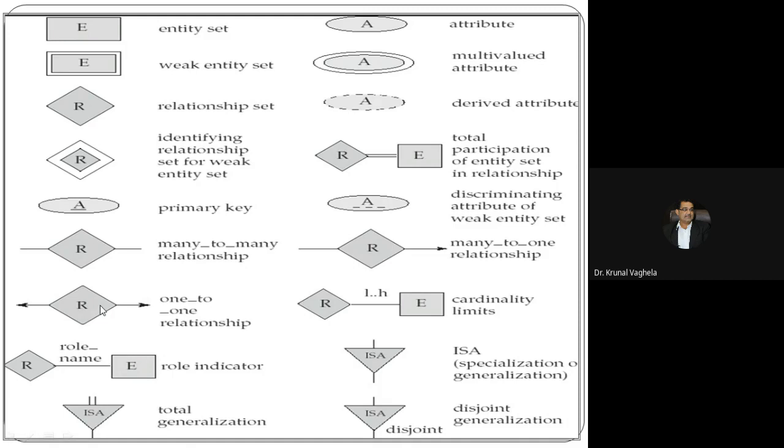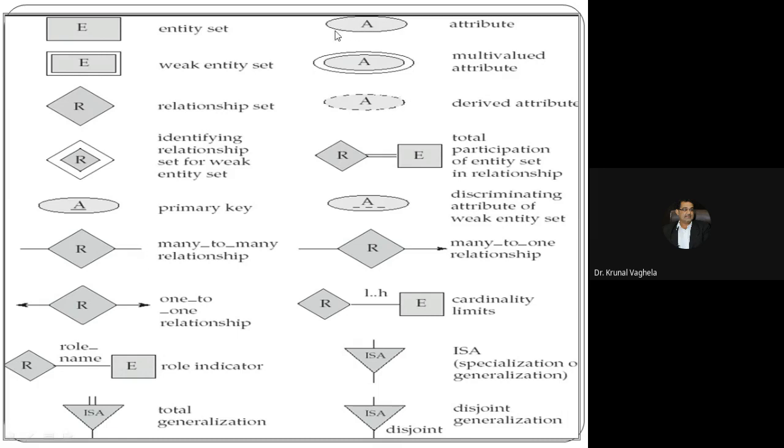Then what about one to many? One to many, arrow on the right hand side. So this is one, without arrow one, with arrow many, or reverse. Without arrow many, see no arrow, this many. With arrow, which is one. So one to many means one, that means arrow, and many means blank.